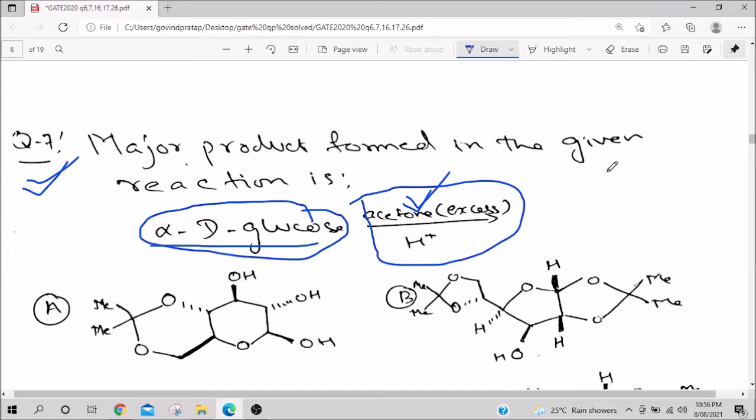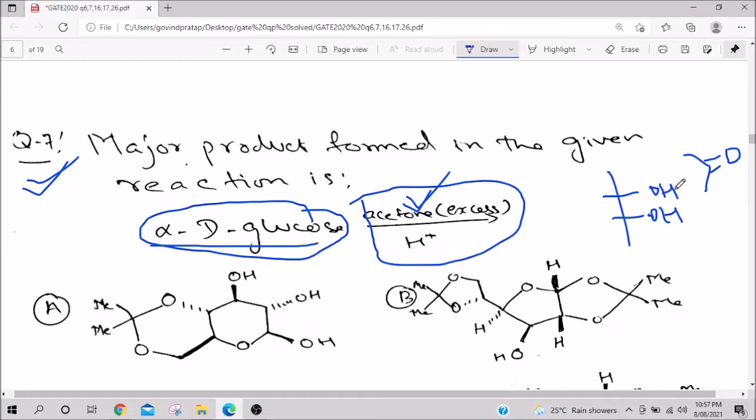So, you know glucose, all of you must be knowing it has something like this structure. So, it has OH and OH. Okay. So, many OH are there, total 6 OH are there on the glucose, and if you put acetone, you know what kind of reaction happens. This is acetal protection, but because it is a ketone, we can also say ketal, but ketal you should know is a common name.